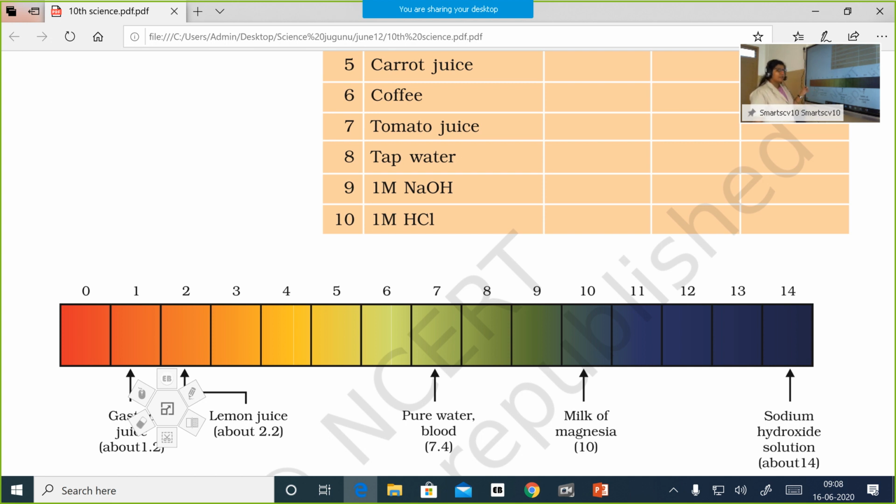At the extreme left end, can you refer to your textbook? You can see a red color. Red color is usually given by the strongest acids, acids which ionize completely. If you take a solution of strong acid, all the molecules in it will completely ionize. If it's a weak acid, you get different shades. It will not get the shade of red. Instead, we'll get either a shade of orange, otherwise yellow.